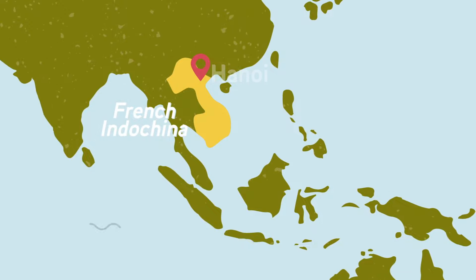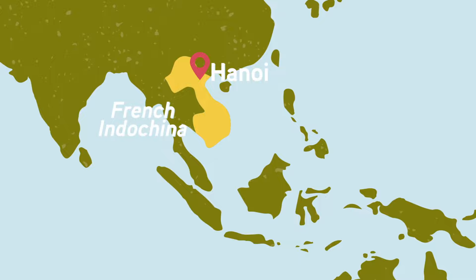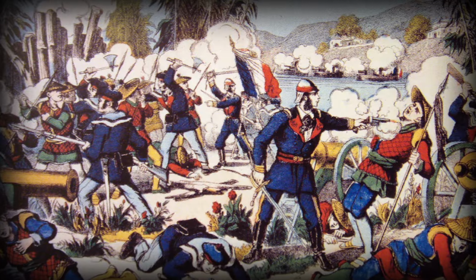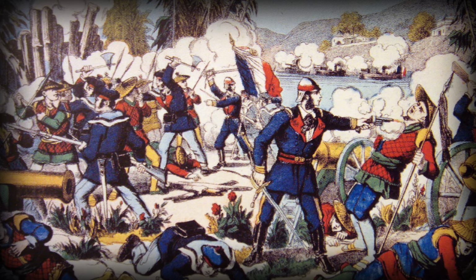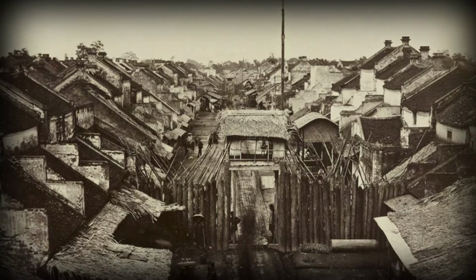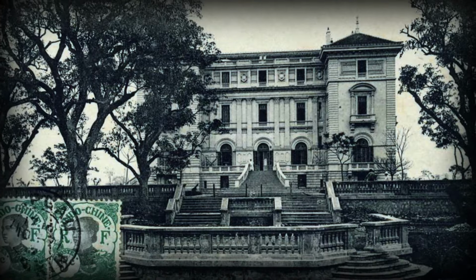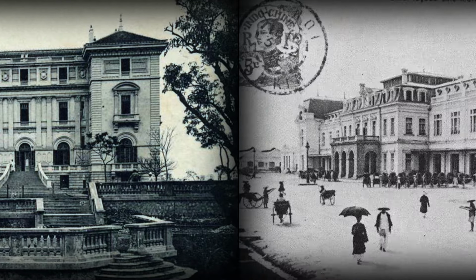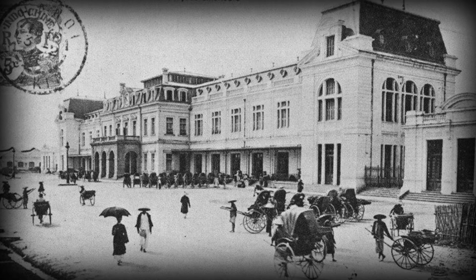For people living in the colonies, empire destroyed old local systems and replaced them with new foreign ones. These new systems disregarded the needs of local people in favor of the desires of colonizers. The result was dramatic change. Take the city of Hanoi, the capital of the independent state of Vietnam at the beginning of this era. In 1883, the French annexed Vietnam, so Hanoi became a French-ruled city. In an effort to modernize the city and make it easier to rule, the French destroyed many old neighborhoods and replaced them with straight roads and orderly districts.